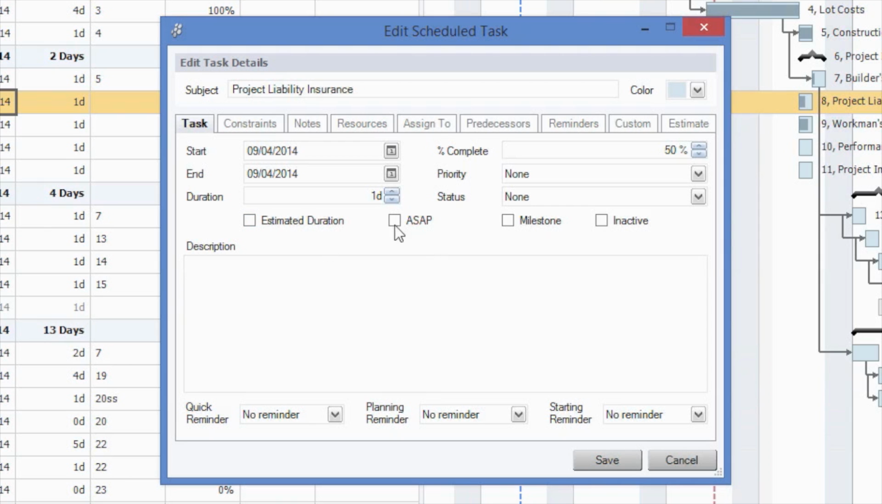The ASAP feature means that this task is always going to begin at its earliest possible start date, and this tends to come in play a little bit more when we start putting in predecessors, which we'll talk about in a moment. There's also going to be a milestone option here, which is basically treated as a 0-day